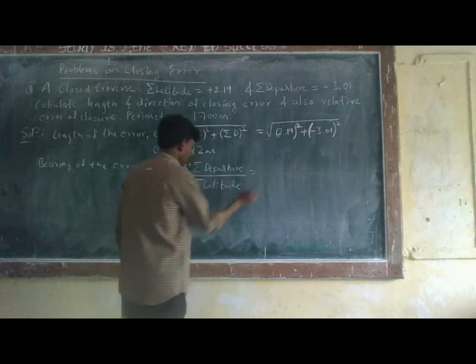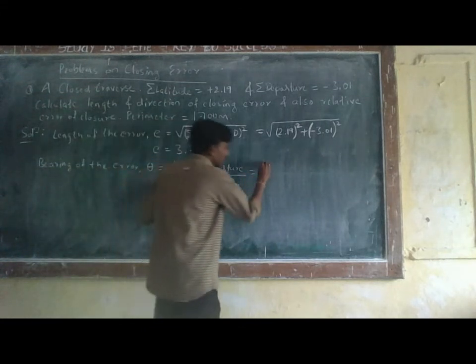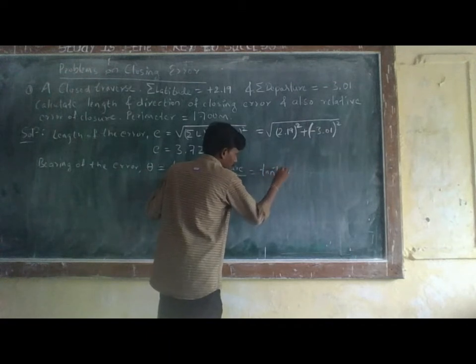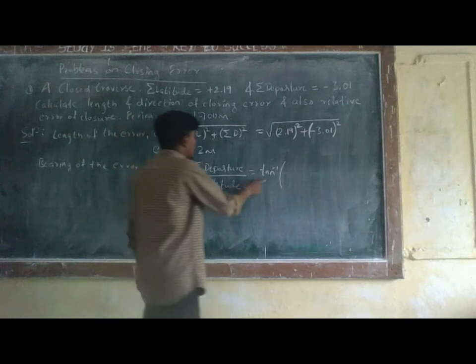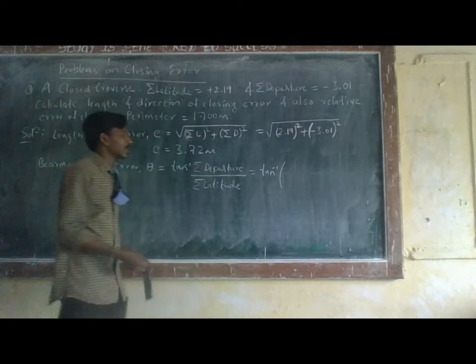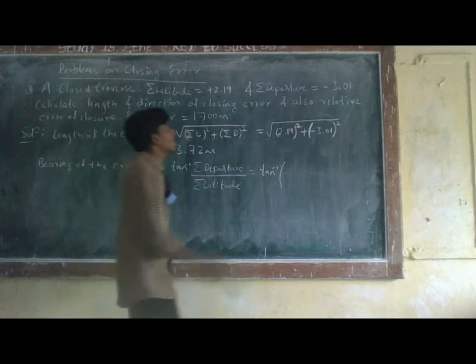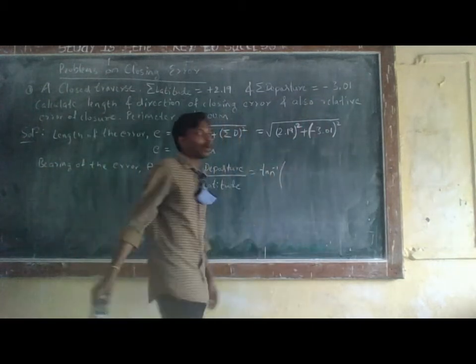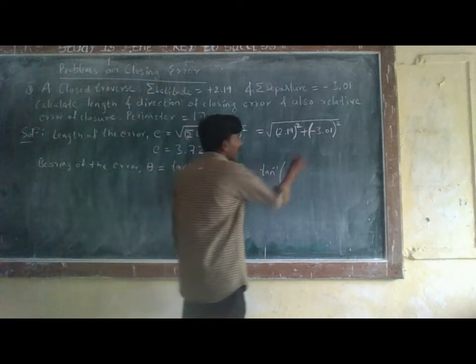As per this formula substitute the values: tan inverse of, open the bracket, and the summation of departure must be substituted in the numerator. Look at here, the summation of departure is minus 3.01. Here you can neglect the minus sign,